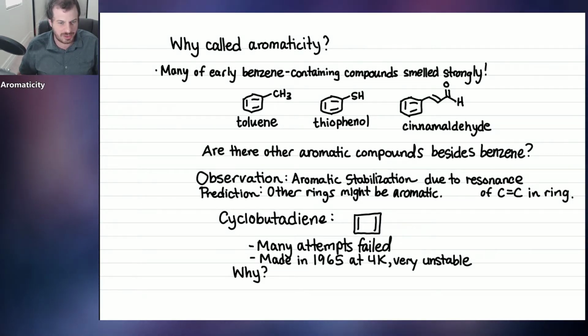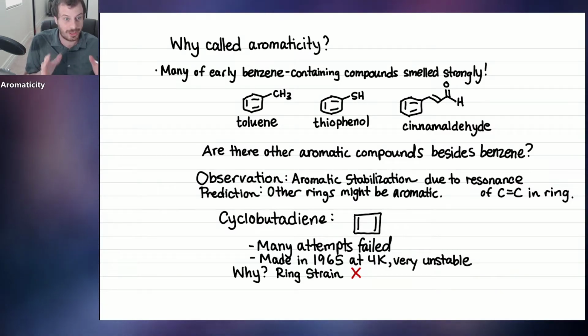So why? Why is cyclobutadiene so unhappy, but benzene is very, very happy? The first thought, of course, was ring strain. Maybe being in a 4-membered ring is just too small, and there's too much going on. It's just too compressed. But this is way too unstable to be explained by just that. Ring strain was not enough of a reason why this should be so unstable. There had to be something more.